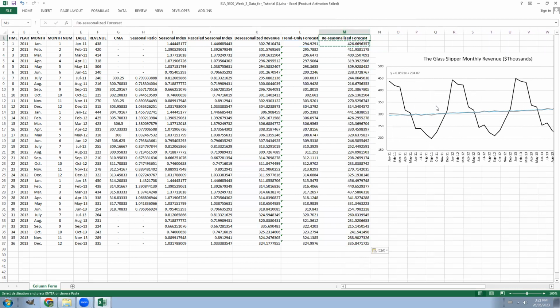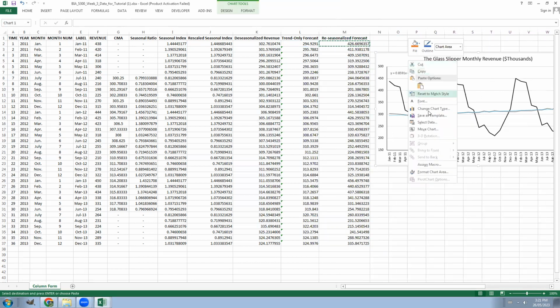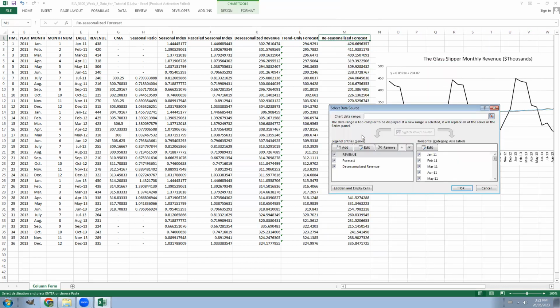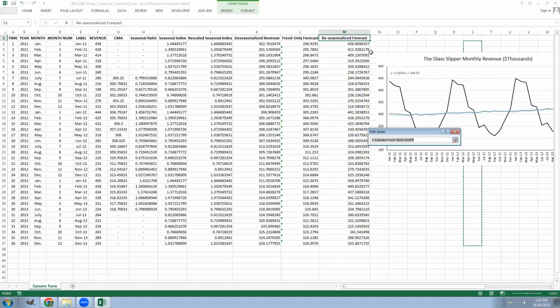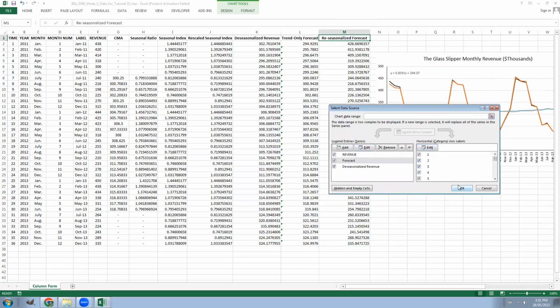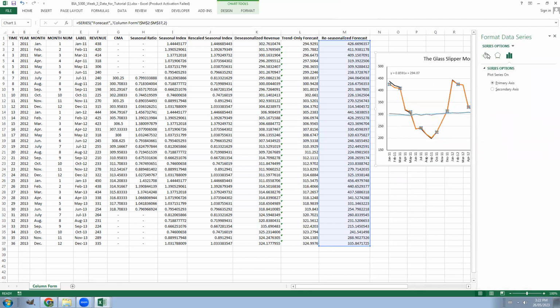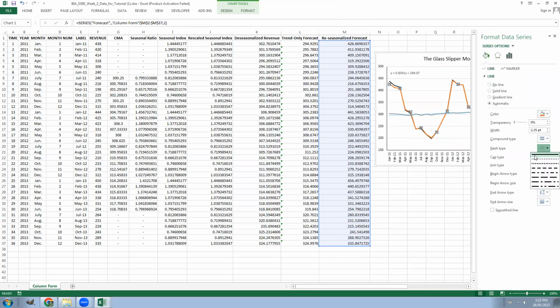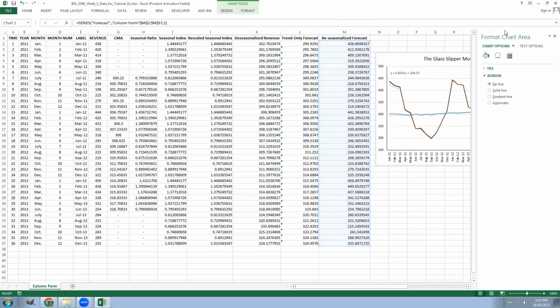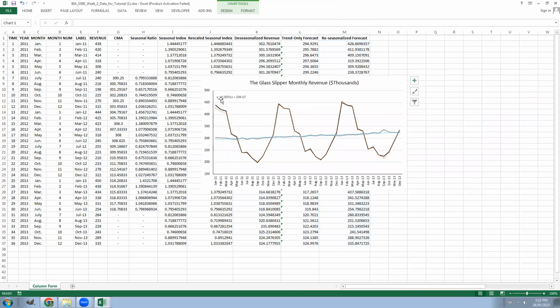We can graph this and see how well it matches up to this black line. Right? So we can add this here. I'm going to just grab these numbers and there we go. I'm going to make this a dotted line just so it doesn't overlap the other line so much. Make it a little bit more visible. Right, so there we go. These are our forecasts, right? And we can see this orange is matching up pretty well with the black. There's a couple of times when we're off by a little bit, beginning here, down here in this valley, but